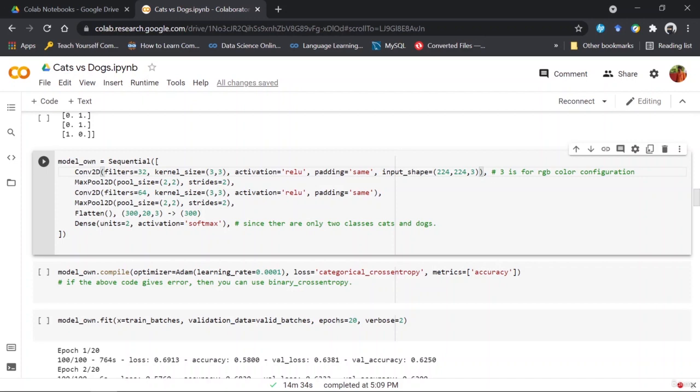What happens is that now a kernel of size 3 by 3, height and width, will be built, and that small kernel is going to take a subpart of the image itself and work upon it or extract